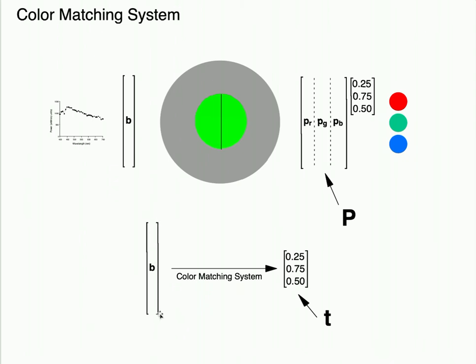So if we have a spectrum B and this color matching system, by virtue of the subject turning the knobs, gives us tristimulus values T in a little 3 vector where we've just stacked them up. We're not going to worry here about experimental error, which obviously you'd have to worry about in practice. Then what we have is a system that takes in spectra and gives us tristimulus values. And what we'd like to say, if we understood that system, is that if I handed you the spectrum, you could tell me the tristimulus values without my having to go and do the experiment. Then I'd have it under control and well modeled. So how do we go about doing that? Well,